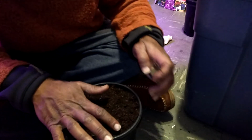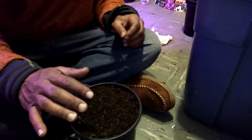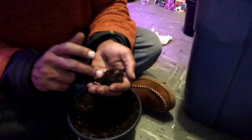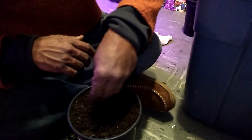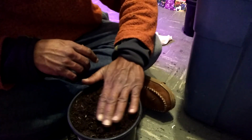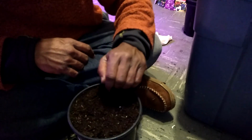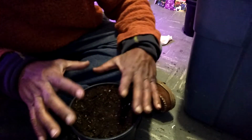And then all I'm going to do is grab some pre-made soil. Actually, I got that covered up, but we'll just use this. And all I'm going to do is just take maybe a tablespoon's worth and sprinkle it right on top. That is it. Okay? And I'm not going to even really give this a deep watering because the soil is already moist. I'm just going to spritz the top of it with a spray bottle. And the spray bottle that I have has purified drinking water in it because these are going to get babied,